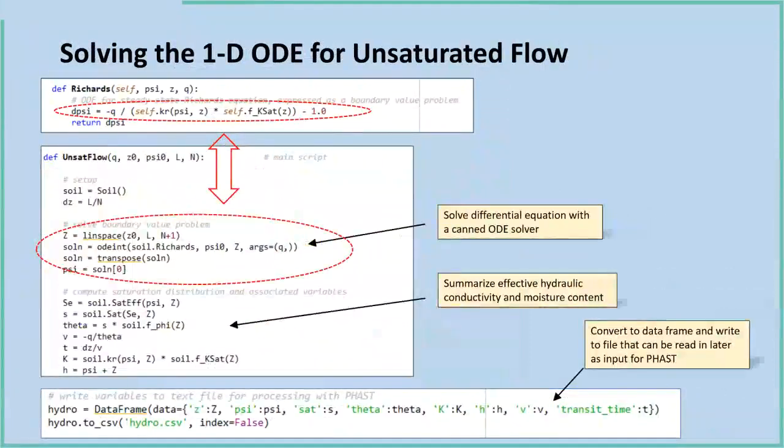Continuing on here, the unsat flow function is the main function of the script. First, it sets up the soil class, which we just went over on the previous slide. Next, it defines the vertical grid for the simulation. It then calls the differential equation solver. Again, the Richards method in the soil class provides the actual equation. Size 0 is just the boundary condition at the water table, and Q is the applied process wastewater application rate. And we'll see more on that